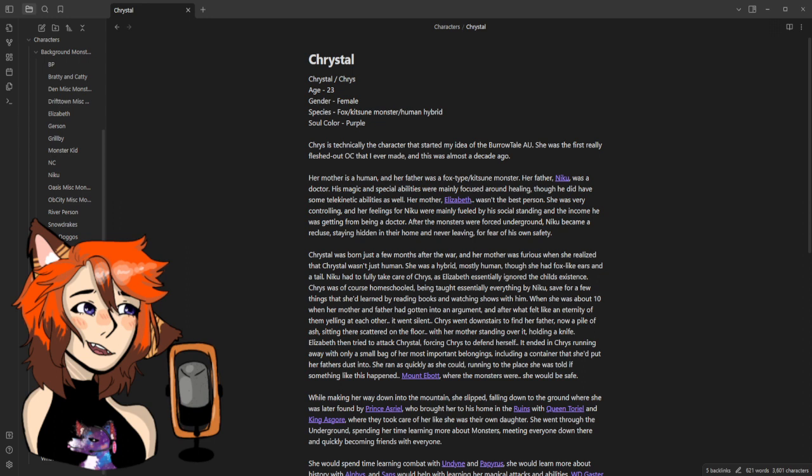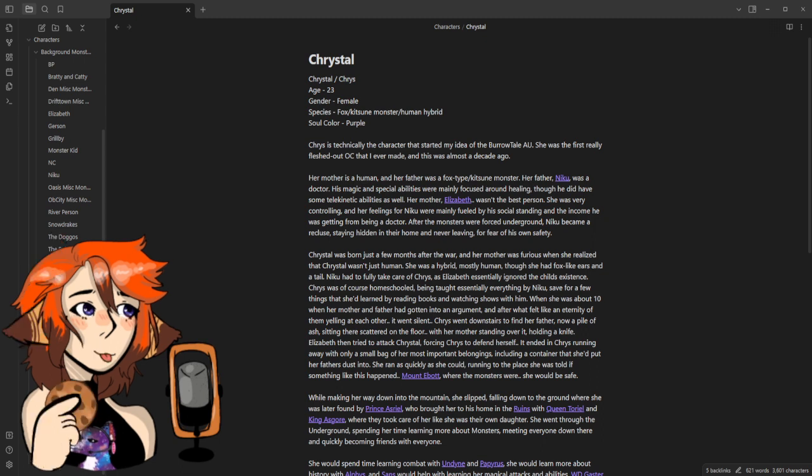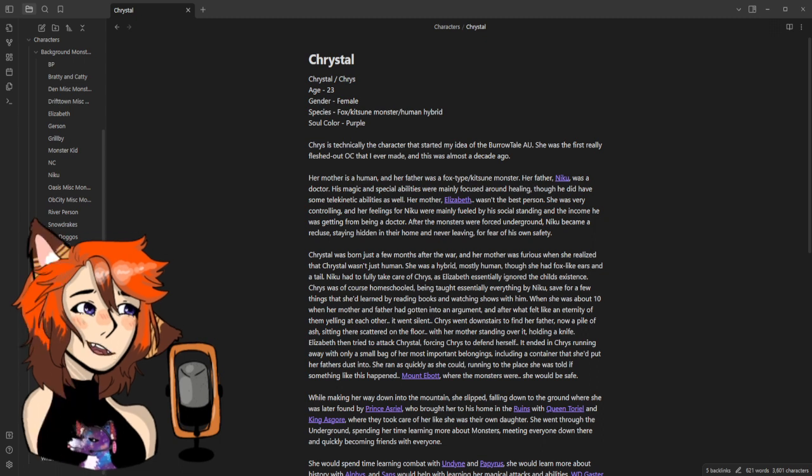Niku had to fully take care of Chris, as Elizabeth had essentially ignored the child's existence. Chris was of course homeschooled, being taught essentially everything by Niku, save for a few things that she'd learned by reading books and watching shows with him. When she was about 10,